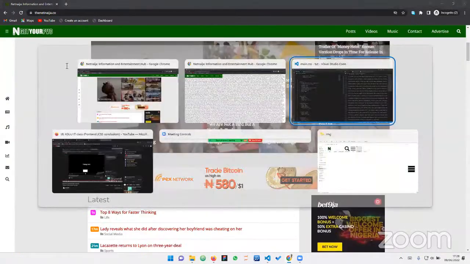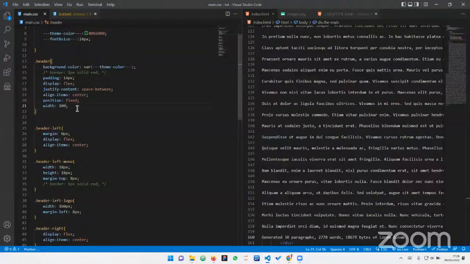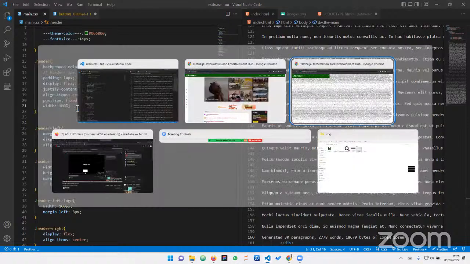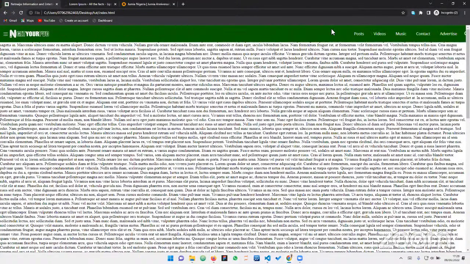So we can fix it in two ways. The first way is, first of all, we set the width of our header to 100% in order for it to take the whole width of the screen. So by the time we say 100%, if you notice, it is going beyond 100%. I don't really know why it behaves like this, but in order for you to fix it,